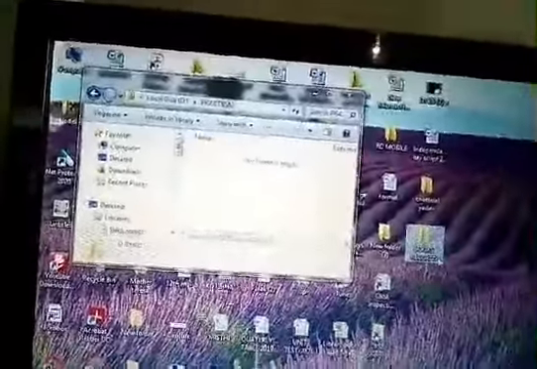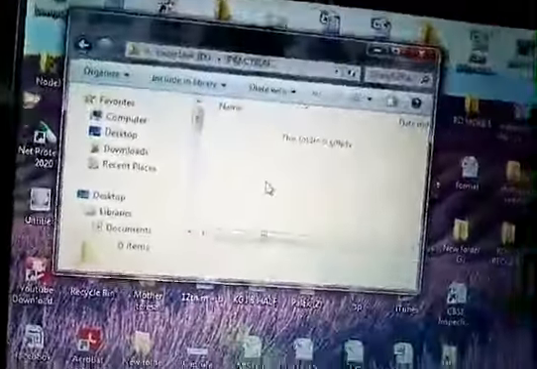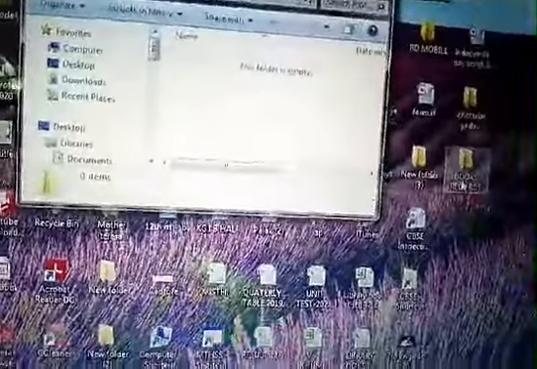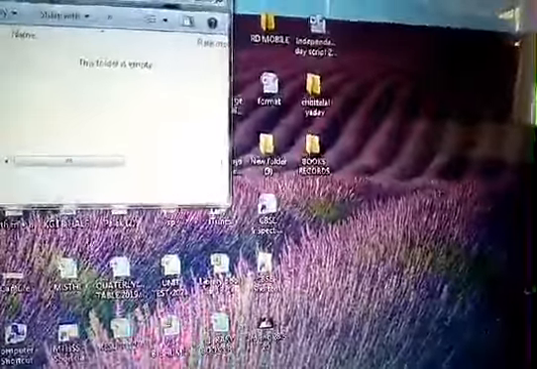After moving, this folder is automatically deleted from the old place and it is in the new place. So in this way we can move a file or folder from one place to another place.